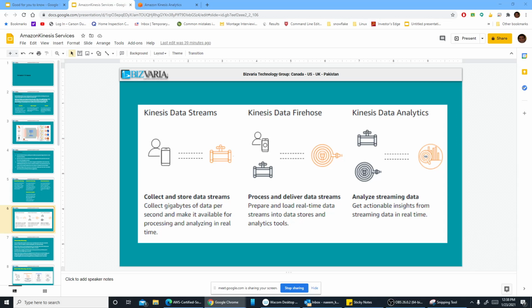Besides that, VPC. I'm just picking those topics which you should be paying more attention to. VPC is one of them, database, CloudFormation, Beanstalk, and Kinesis, because Kinesis is very hot right